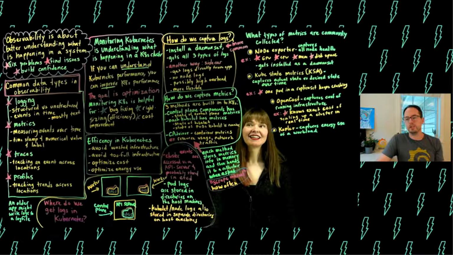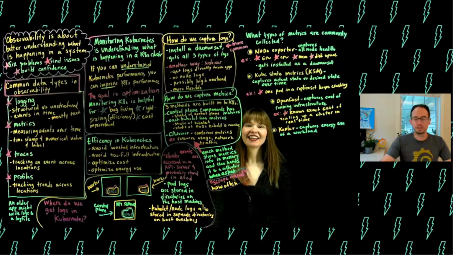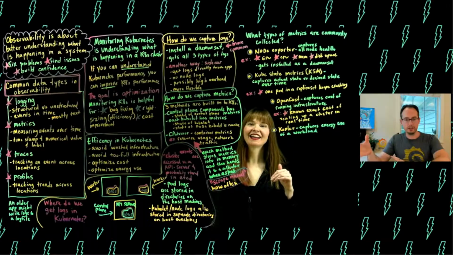So I could go on and on about different places, different exporters, different metric sources and stuff like that. There's tons of them out there. They're actually pretty easy to create yourself. And so you can create your own exporter. You could create one that ties into your thermostat and gets temperature and humidity and that sort of stuff. Wow. But these are the big ones that we see within Kubernetes monitoring, capturing kind of the state of your cluster and some of the workloads that are on the cluster. I promised I would talk about traces and profiles. Those ones start to push more into the application side of things.